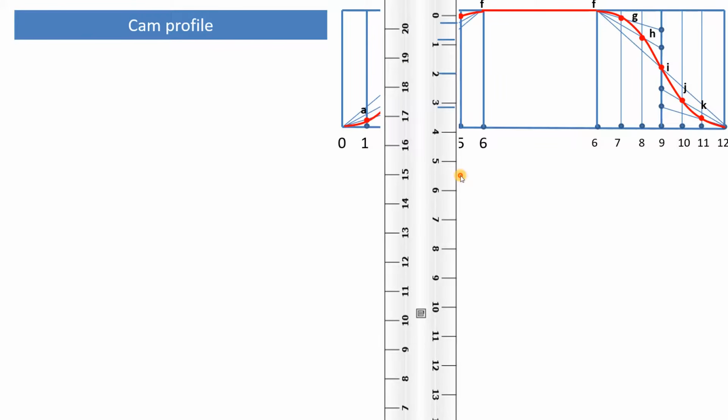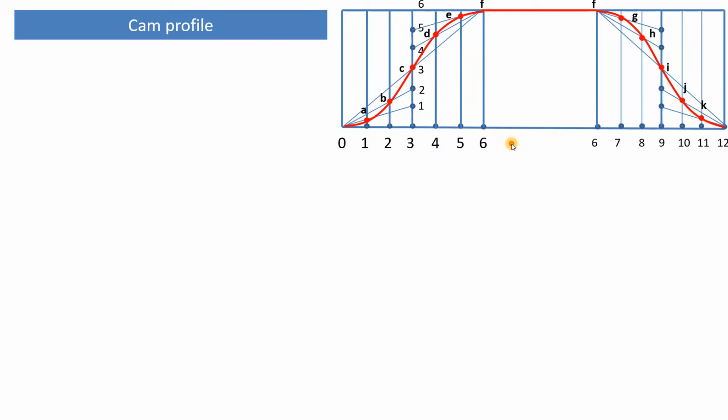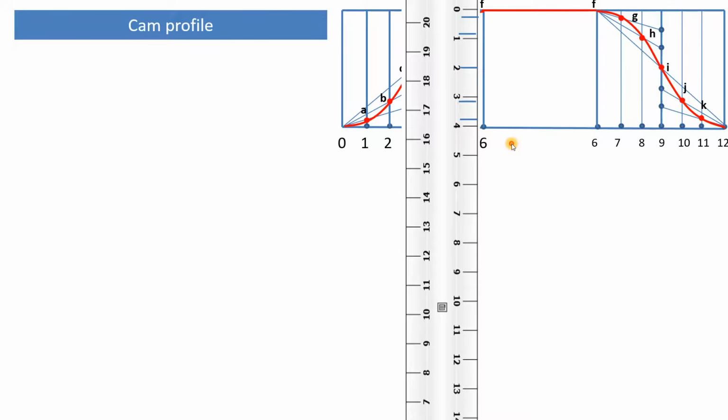Then this is around 3.8 centimeter. As you can see this line, so this is 3 and this is 3.8, around 3. And 6F already we know that it is of 4 centimeter. So same way we have to measure this 6F, 7G, 8H, 9I, 10J, 11K, and those distances we